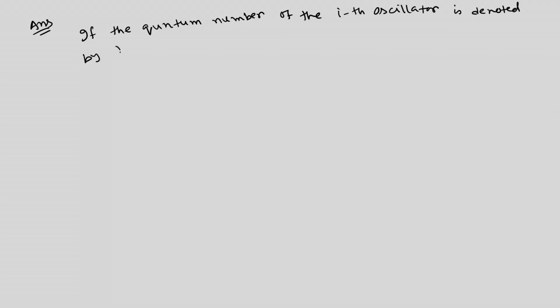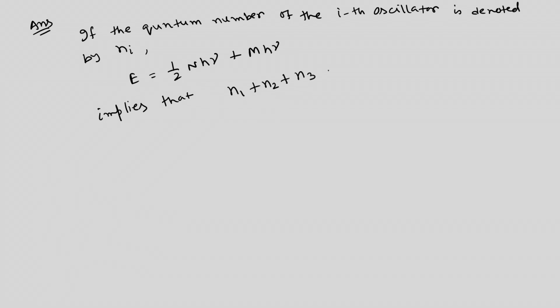If the quantum number of the ith oscillator is denoted by Ni, and E equals half n h nu plus m h nu, this implies that n1 plus n2 plus n3 up to nn gives m. Therefore,